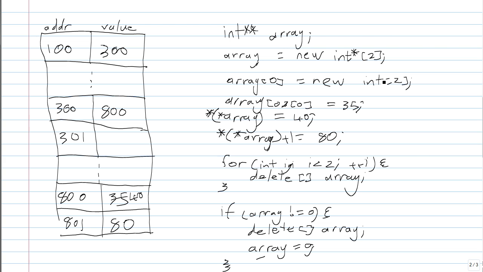So this is basically the way all higher dimensional arrays will work. You would just dereference more pointers as you add more levels to it. So to declare a 3-dimensional array, you would get 3 stars. Your first array that you will do is then a pointer to a pointer, still,